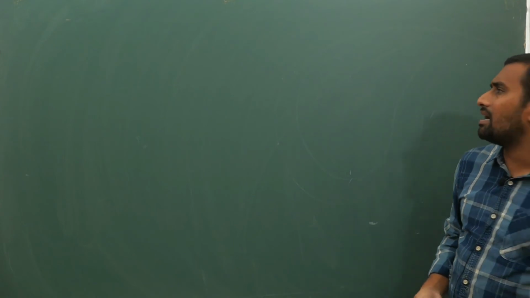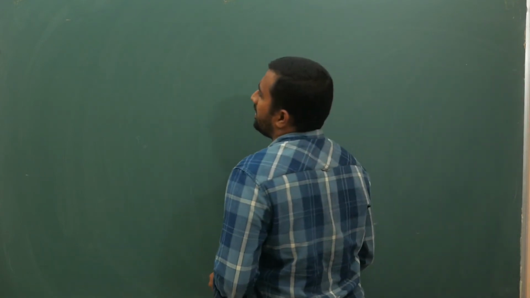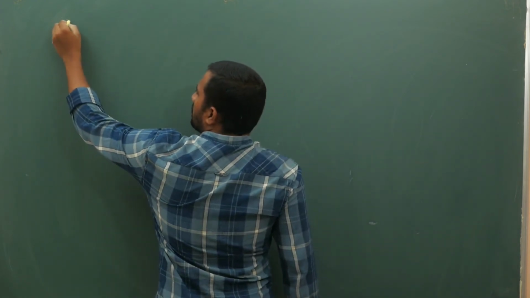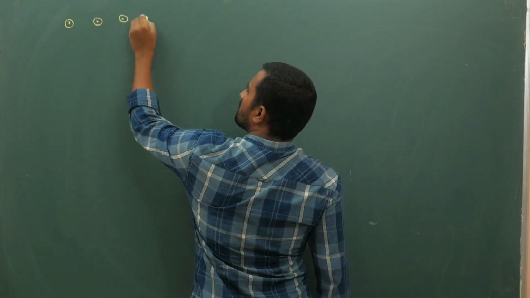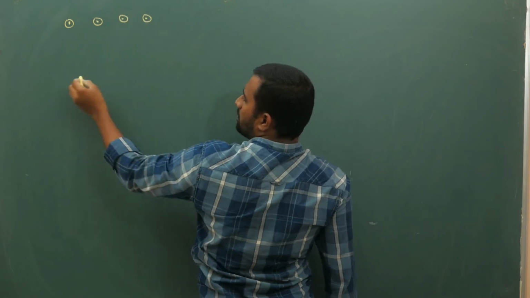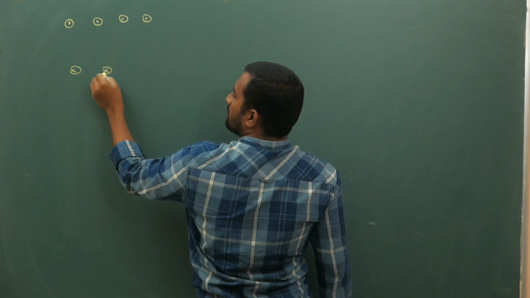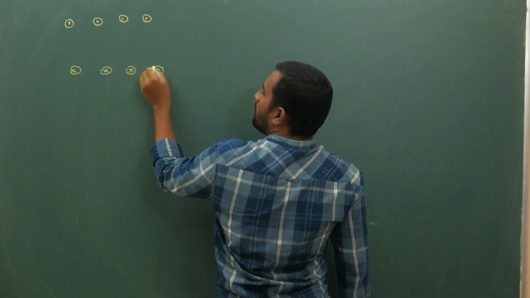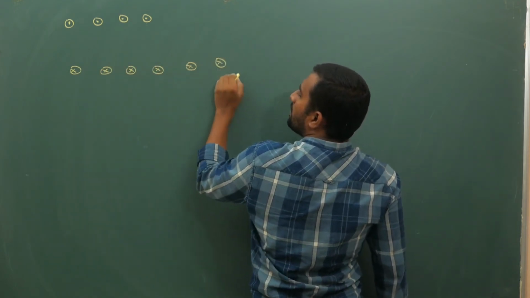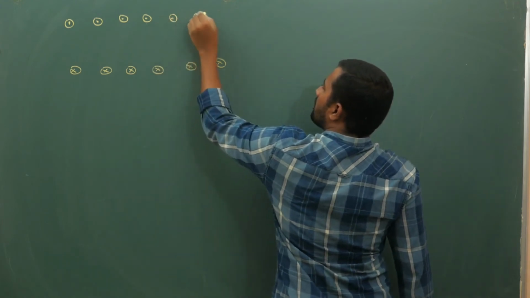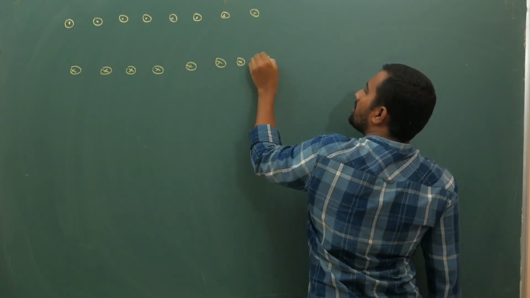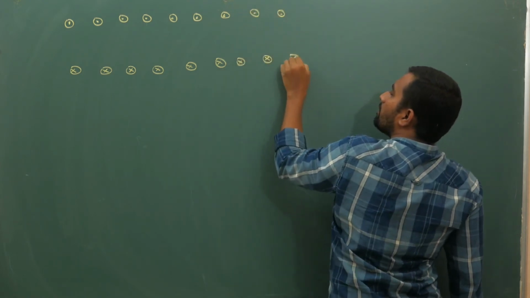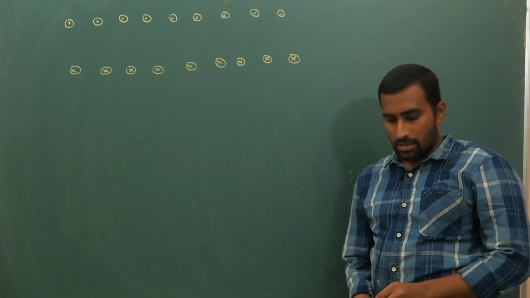Now first we will start with a solenoid diagram. So let us say it is coming out like this. So obviously field lines will be going towards right. It is going into the plane, out of the plane on the top, out of the plane, into the plane, out of the plane, into the plane.